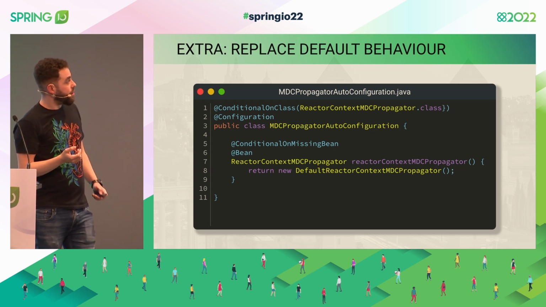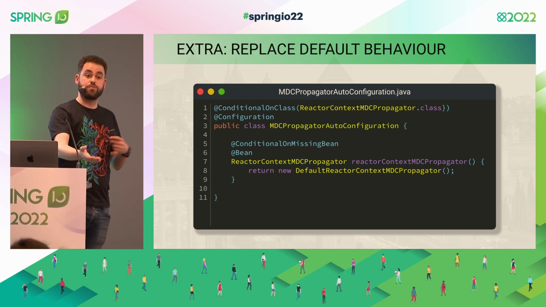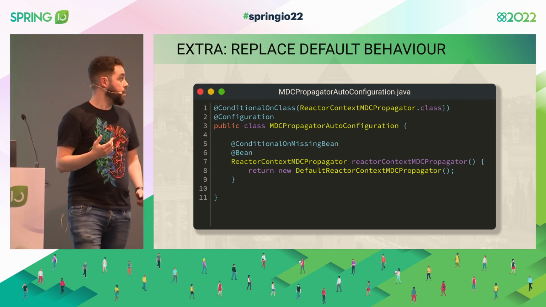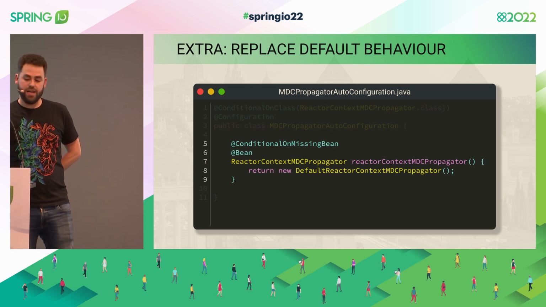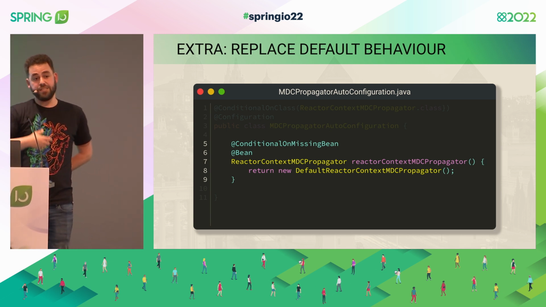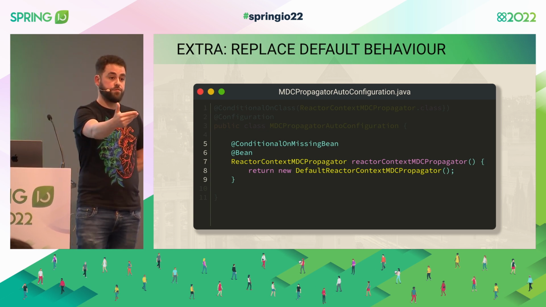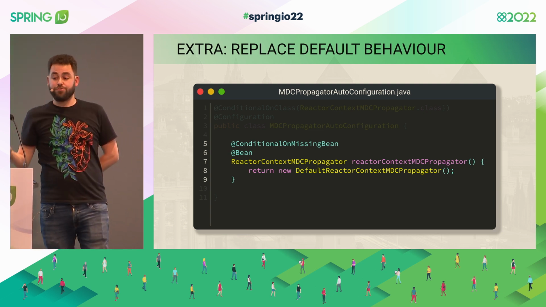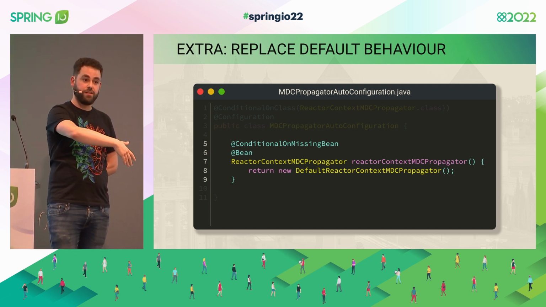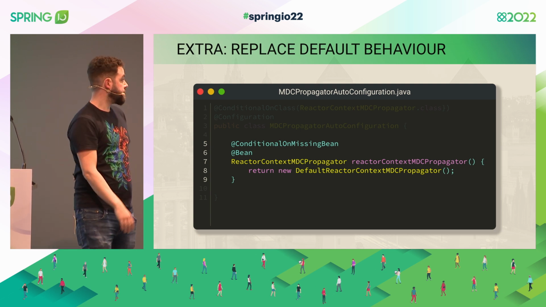So for example, every time we put something in place, a custom class that is going to be used by somebody else, something that we have an opinion on, we always play with conditional on missing bean. If I'm creating a custom class, it doesn't really matter what this class is doing, I just create an interface and a default implementation. And I create a bean of the interface annotated with conditional on missing bean. If the application has a good reason to override that, it can always implement the interface in a different way and just provide the bean. And I will just respect that.